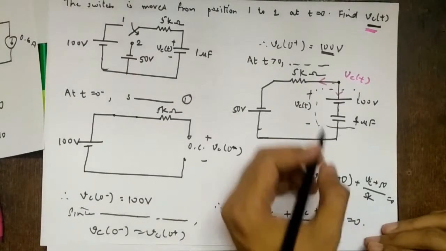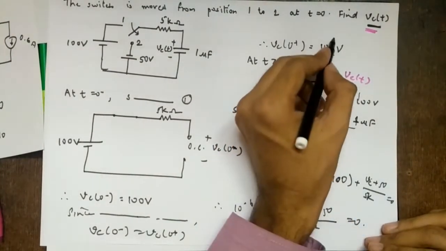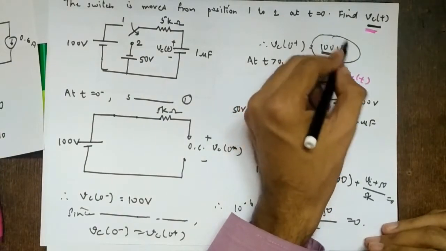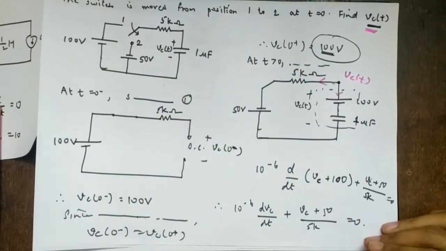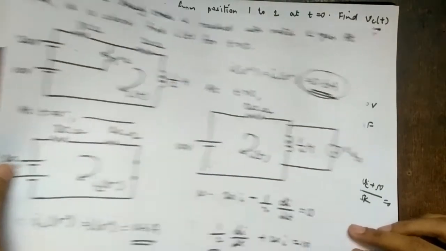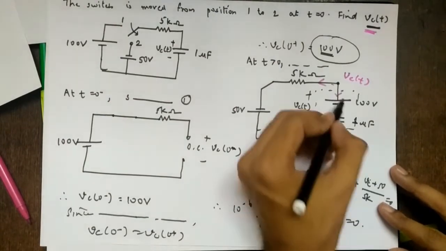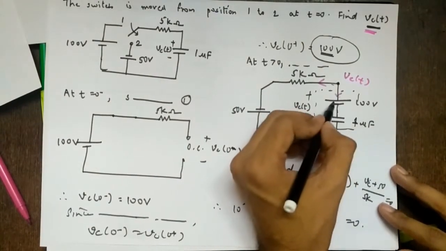Here the derivative of the 100 has become 0 because it is constant. Even if you get a value of voltage for a capacitor or inductor like this, their derivatives are 0. Usually books don't mention that, so you can also ignore this step. If you don't draw this, it is fine, you will get the same answer. Strictly speaking, you should draw it, because some examiners are very strict about the concept and might reduce marks.